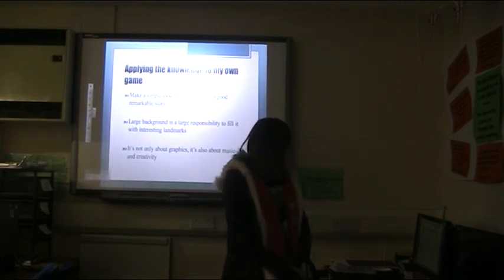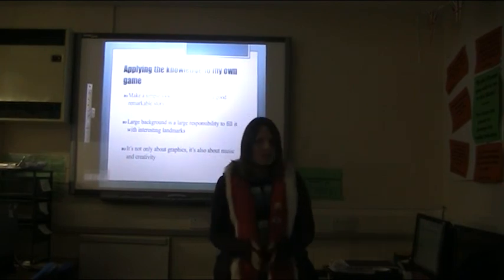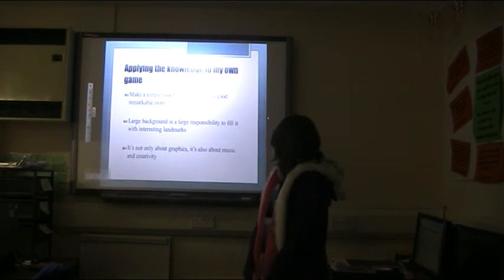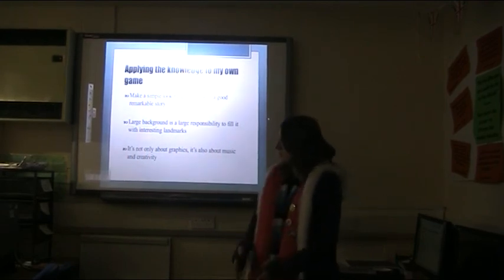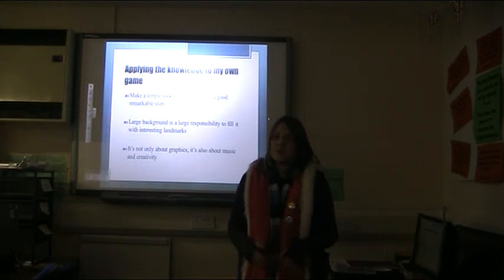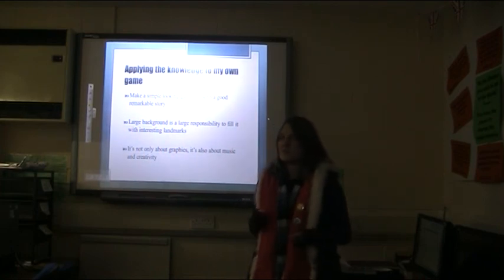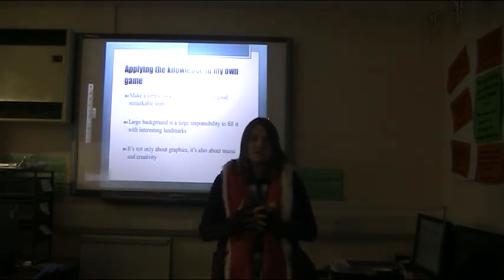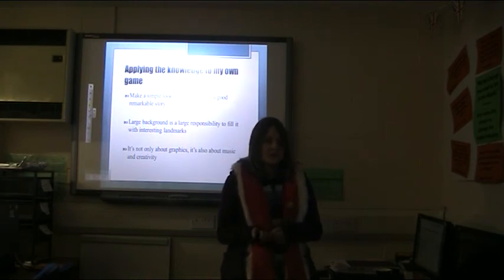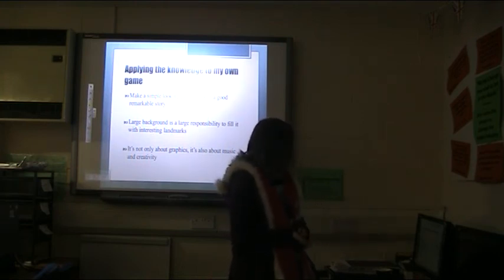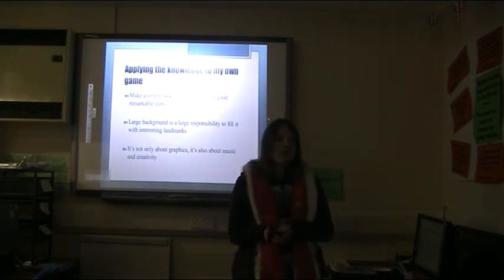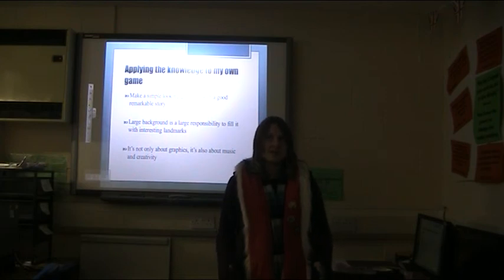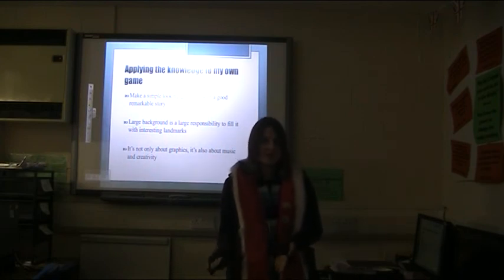So that's the quick annotation I made. If I would want to apply this whole knowledge to my own game, it would be better to make a game which looks fairly simple but has a very good story, which will be enjoyable for everyone, and to not make overly huge backgrounds, because then I might struggle with placing things into them.